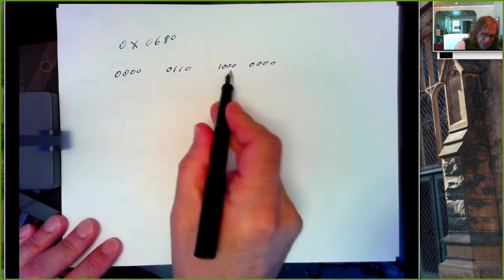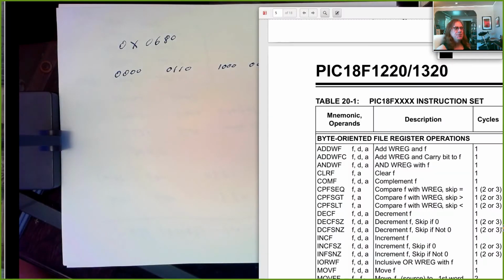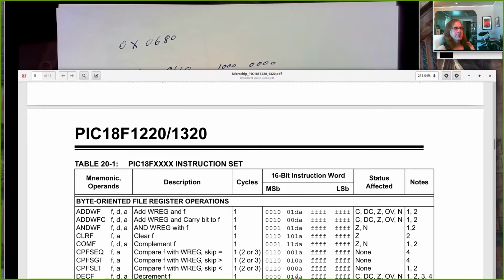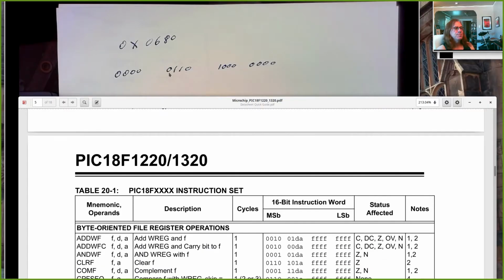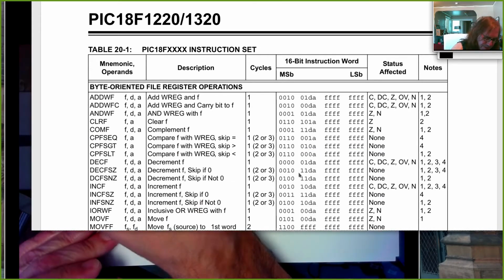So there's 0680. And this should be easier to find because we've got 4 zeros in the beginning, and that's a fairly unusual opcode. So here's a 0, 0, 0, 0, and there's a 0, 1, and it looks like that's going to match the first 6 bits of our pattern. So this looks like a decrement file register,